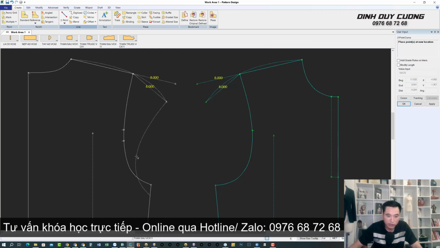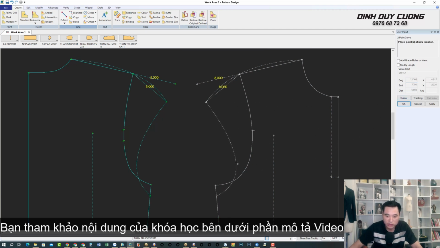The most important thing is that you make this shoulder point a right angle. That way, when the front and back shoulders are sewn together, the shoulder tip won't twist. Remember that detail? Only then will your shirt look nice. Now for the front armhole, you will also shape it like this.